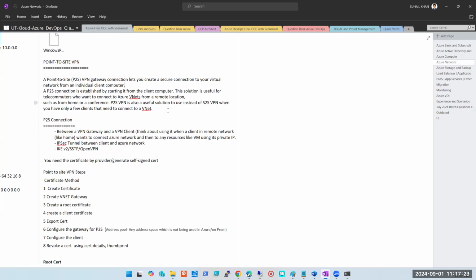So in this case, there is no other requirement. Not all the users want to talk to each other, there is no other resource to share, nothing. So in this case, it's not always home. In this case, what we can do, instead of creating site to site connectivity between Mumbai and Pune, whether VPN or ExpressRoute, why spend so much? Let's do a point to site. Connect the Pune network from that manager's laptop. That's all. And then your problem will be solved. So did you get the live scenario, guys? Where will you use it, and what kind of request can come? Is it clear to you?